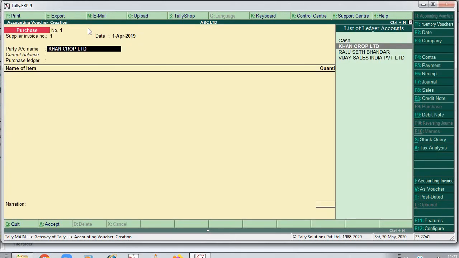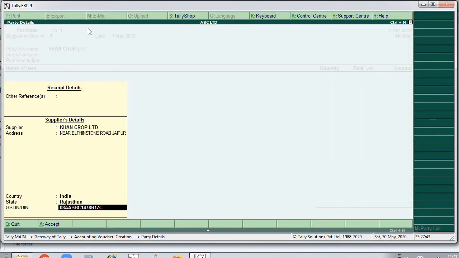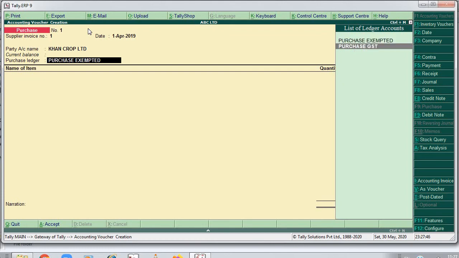Now let's say I wanted to make changes in my purchase GST also. So I can press Control Enter from here.